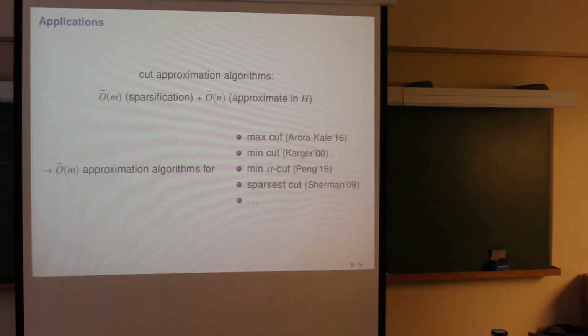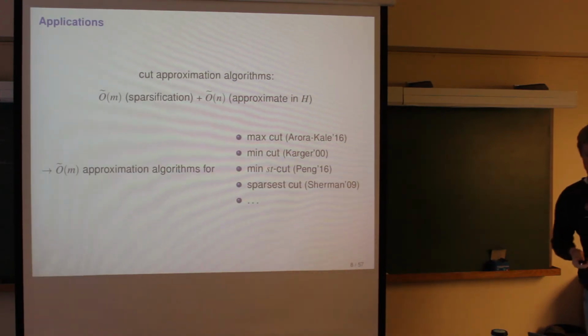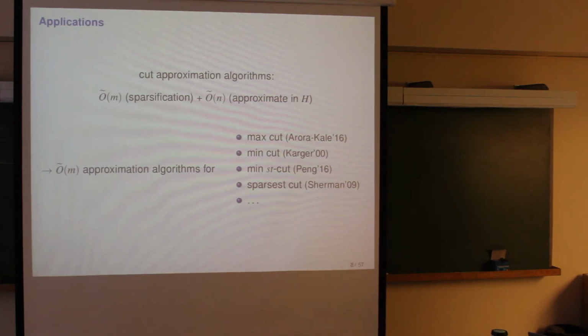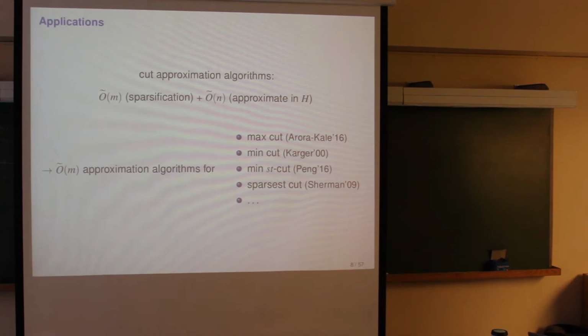And it's very interesting because what you can now do is you can actually simplify a lot of problems, right? So let's say that you're interested in cut approximation algorithms. We just define what a cut is, and there's a lot of problems associated to graphs which ask, say, what is the min cut or max cut or min ST cut that separates nodes S and T and so on. So for all these problems, you can basically do the following. If you're satisfied with an epsilon approximate solution, you first sparsify your graph, which takes O tilde m time by the Spielman-Teng algorithm, and then you solve the problem in the much sparser graph.